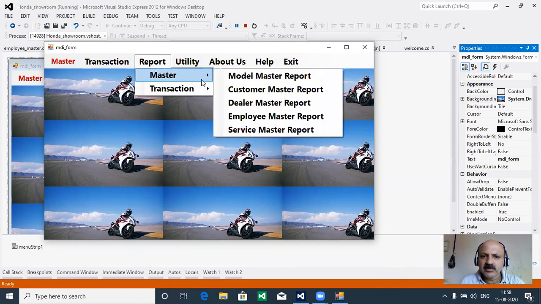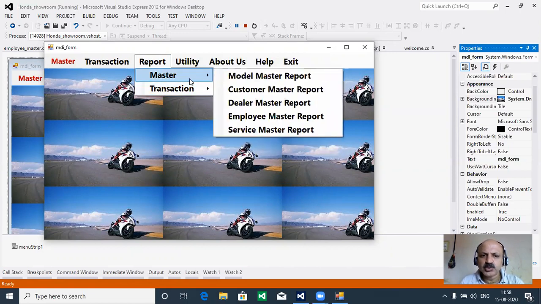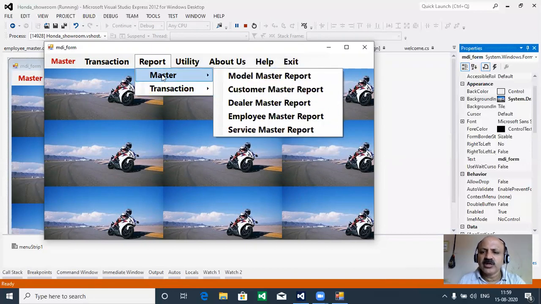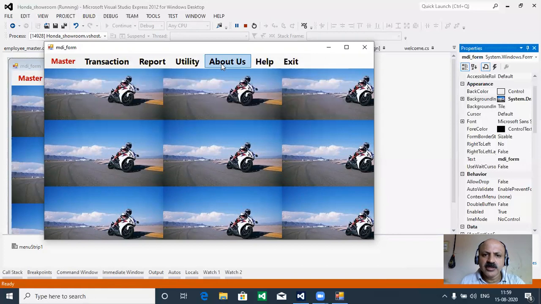So at that time, to find out which report is placed where, there is a better way: you can give it a partition, and then a sub menu opens. So that looks better, is easier to understand, and searching is better directly. Like we can say "Model Master". Otherwise, what happens is all masters and transactions get mixed up in this report menu, so you cannot search directly, or it takes some time. So that is the problem. And here is Utility, and here we can give Exit directly in this click event.